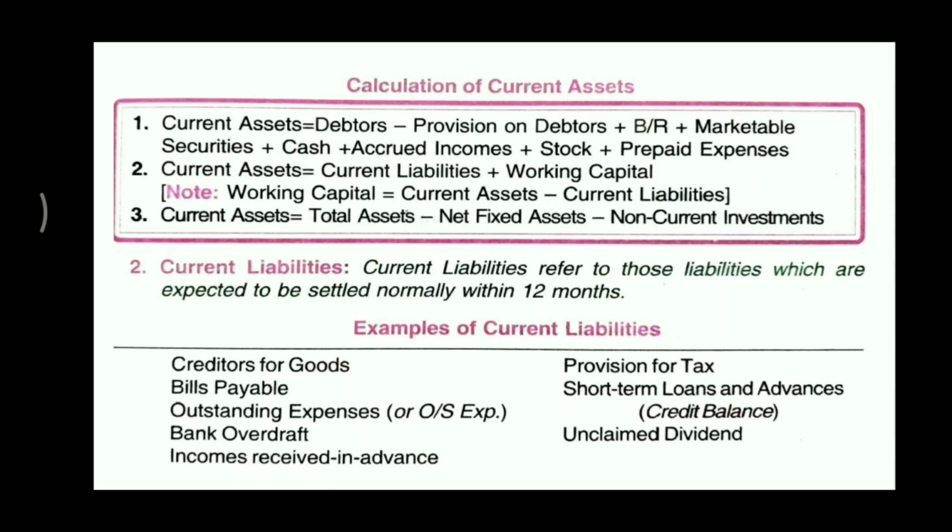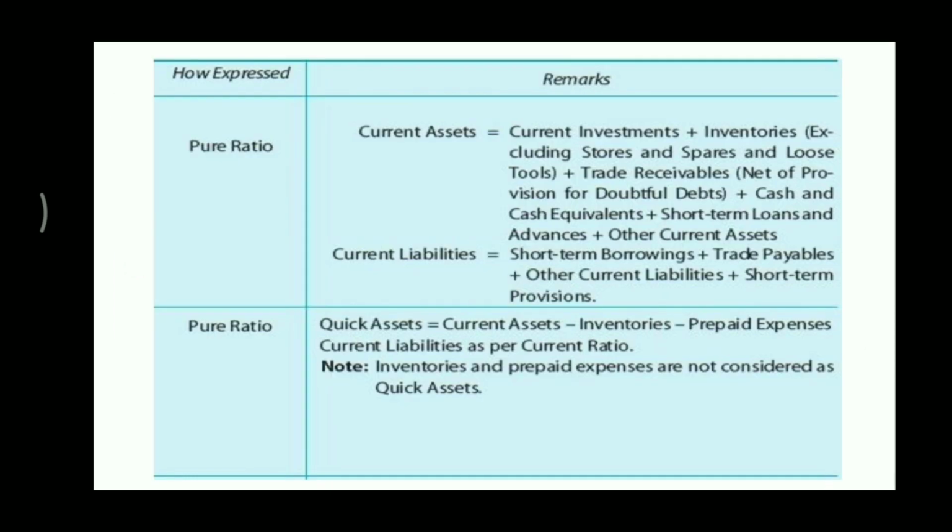So you have to memorize the formula. So regarding current assets, you have to keep in mind that these many items are there, and from these items if you exclude inventory and prepaid expenses, you will be